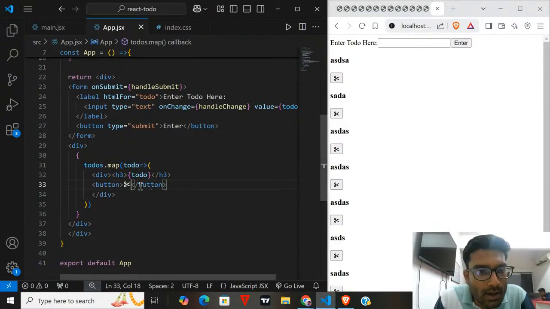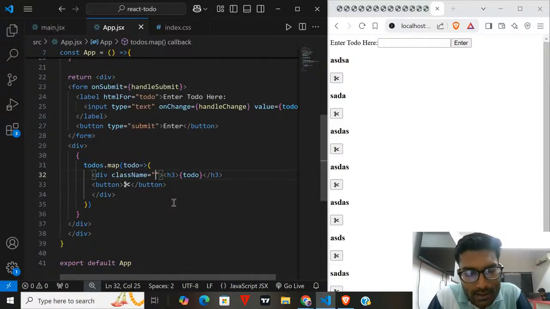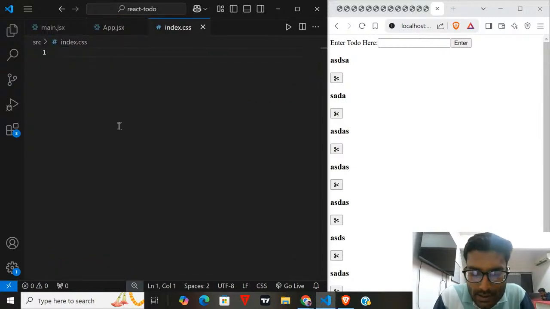Now you can apply some style in this. If you want some style, you can target this div. So you can give a class name here, just like class in HTML. So class name, let us say todo, right? So target it inside this HTML, so dot todo.